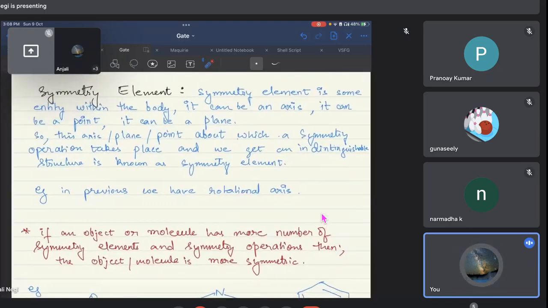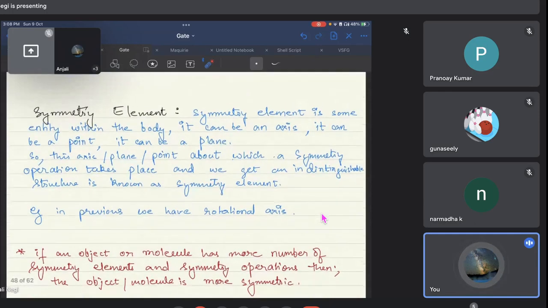Now, what are symmetry elements? When I say symmetry element, it is some entity within the body or outside the body of the molecule or any object. It can be an axis, a point, or a plane. It is the axis, plane or point about which a symmetry operation takes place, like in the previous example,